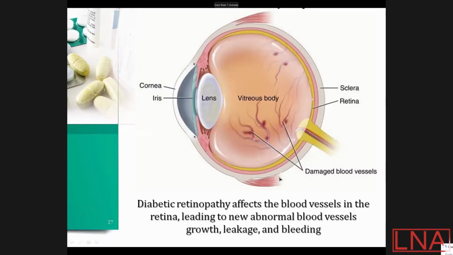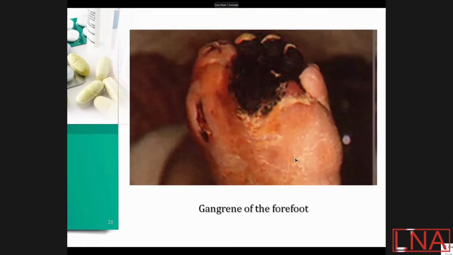Just for notes, this is the eye, and damaged blood vessels might cause diabetic retinopathy. And this is damage of vessels in the foot and gangrene of the foot, a chronic complication of diabetes mellitus. And in this situation, I mean, if a patient has